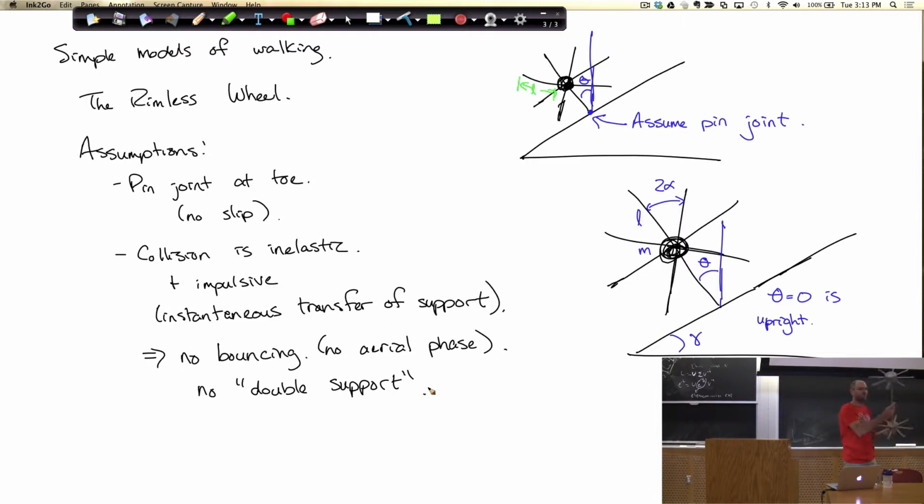here's a rimless wheel, roughly inspired by that model. On the flat it's not so interesting, but we have a big ramp upstairs that gives it more interesting dynamics. We assume that there's a point mass at the hip, and that the mass of the leg is relatively zero compared to the mass of the hip. When you build them, you have to build two, otherwise it falls over sideways. But that's what you should have in your head when you're thinking about the rimless wheel. It turns out it's a beautiful, beautiful system. Right? So